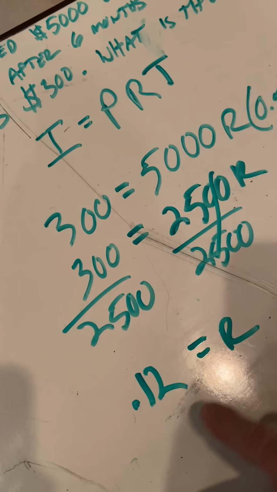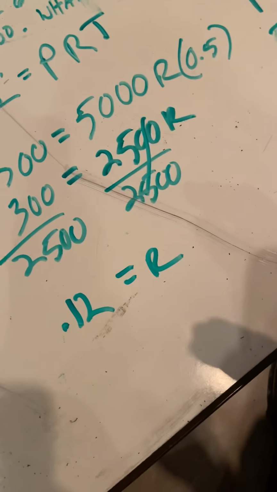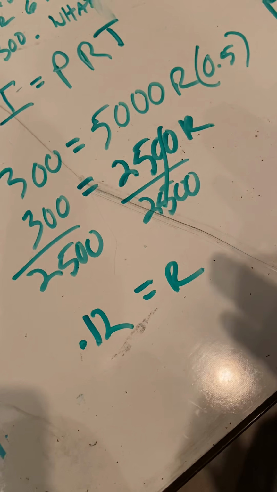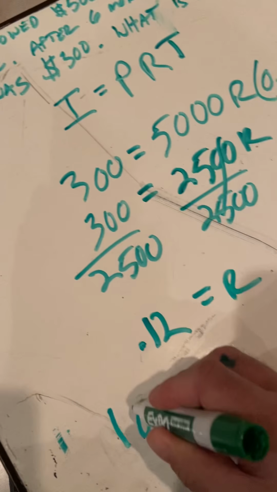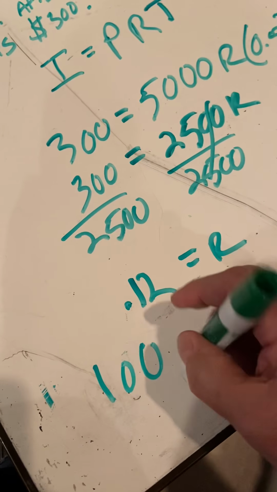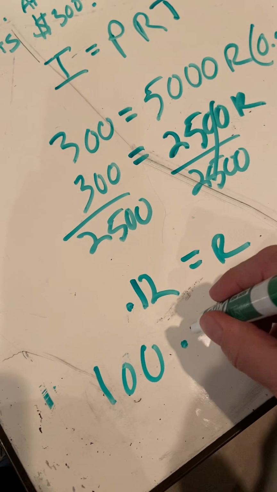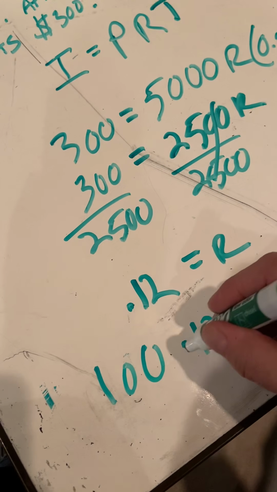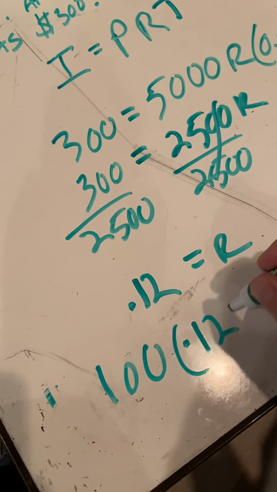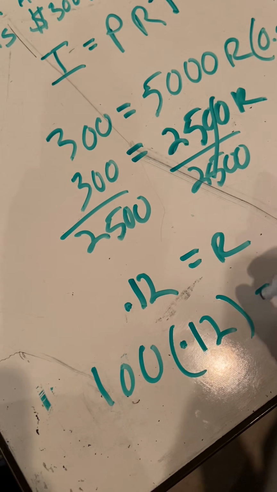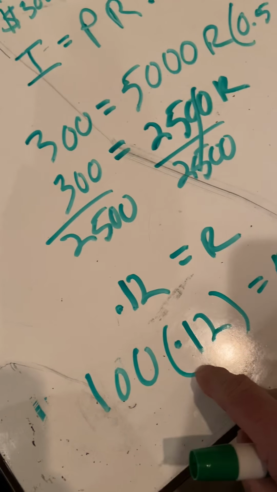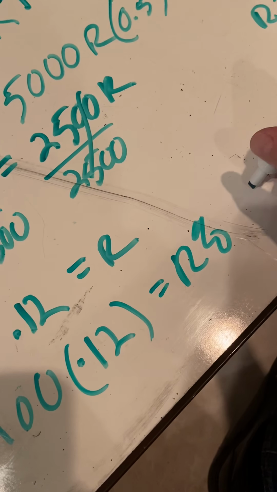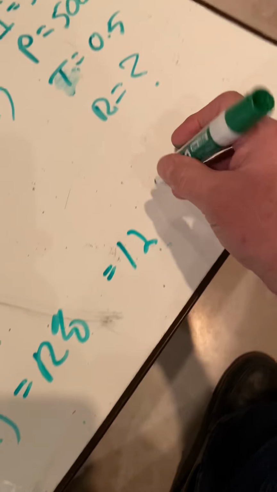Okay, so R equals 0.12, but we want an interest rate, which is a percentage. So in that case, we need to multiply 0.12 times 100 in order to get a rate as a percentage. So 100 times 0.12 is going to be 12%,